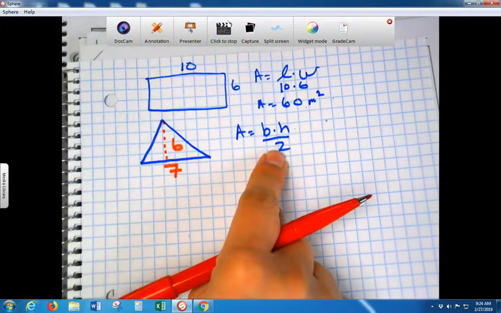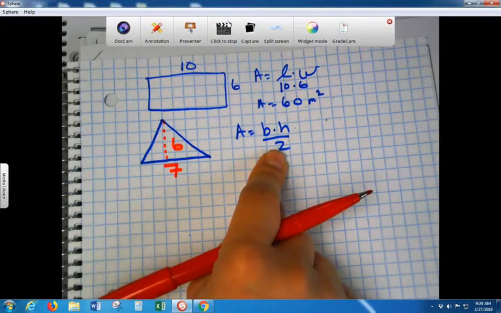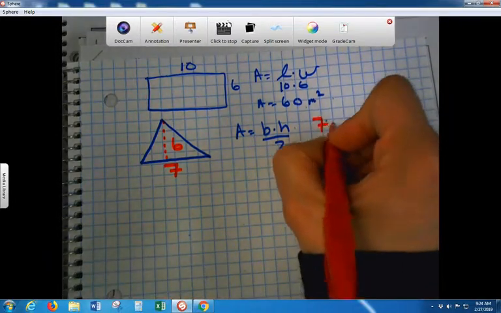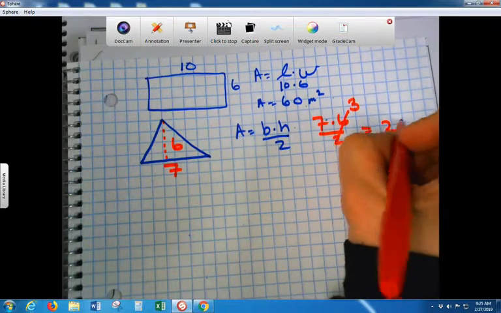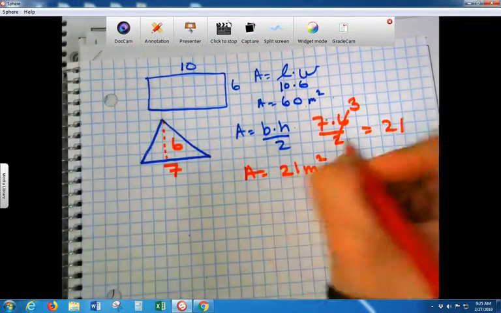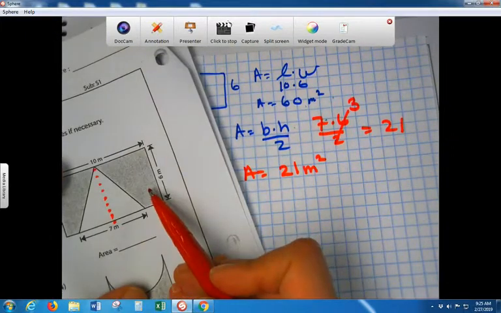Alright, plug them in. What's my base? What's my height? Divided by 2. Plug it in. So what's the area? 21 meters squared. Alright, so the area of the rectangle is 60. The area of the triangle